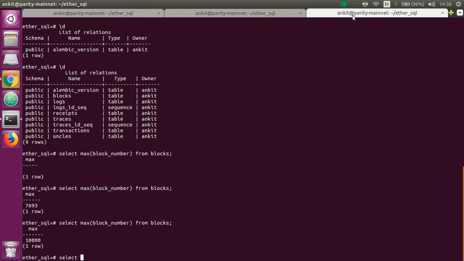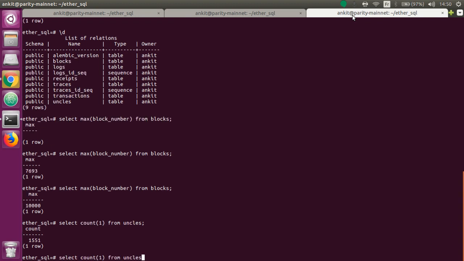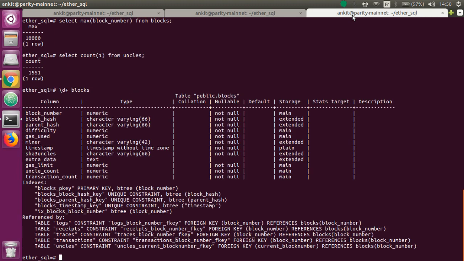And then you can do queries. You can do simple queries like how many uncles are there in my 10,000 blocks, or you want to see what are the types of data that are available in the blocks table. See, we have blocks, block number, block hash, parent hash, difficulty, all these kinds of details. And suppose I want to see how many blocks were mined by a particular miner in these 10,000 blocks. I can write a simple query saying